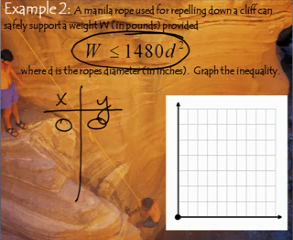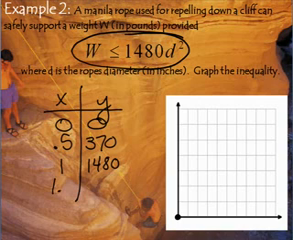I also have one at 0.5, or a half, and 370. And I have a value at 1, 1480, which makes sense. I also have one at 1.5, 3,330. And again, remember that if you want to change your graphing calculator's table so that you can see the